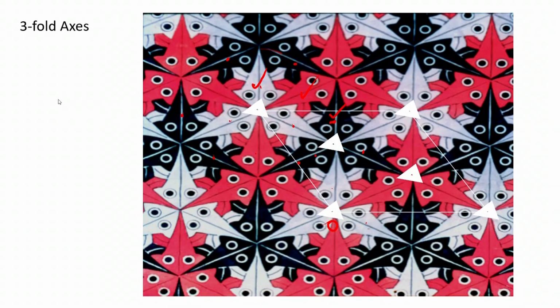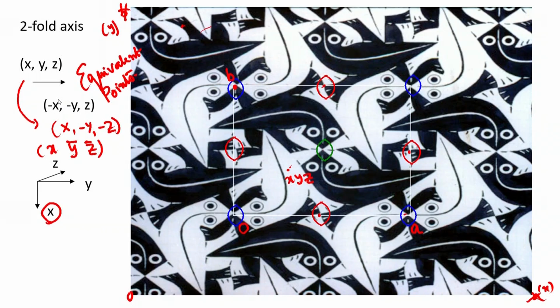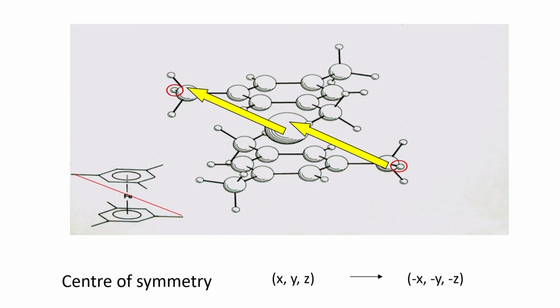So, just to tell you about this in a little more detail, we now have to derive the so called equivalent points. In the twofold rotation, we got x y z and x bar y z bar, and then we have to now look at what happens when we have a fourfold symmetry, what happens when we have a twofold symmetry, and so on. So, this is the next step to which we go, and the step which we take up to do that will come a little later, because I want to introduce you to the opposite congruence objects. So far we have looked at only the direct congruence objects. So, the objects of opposite congruence, and I am giving you an example from literature and that of a molecule.